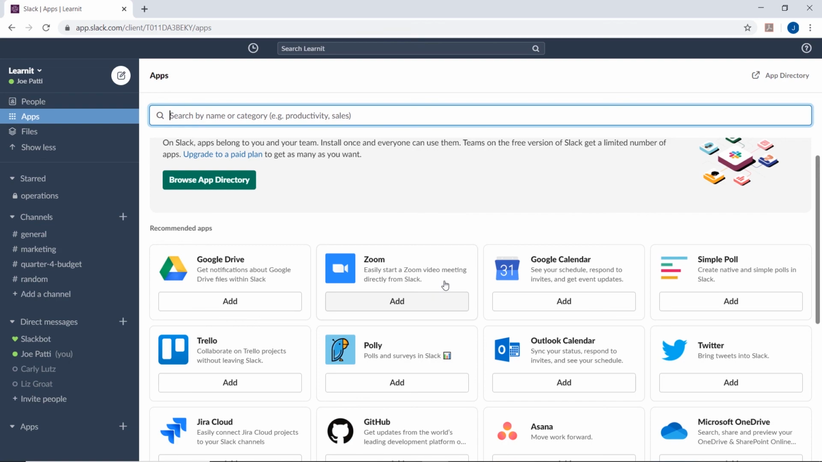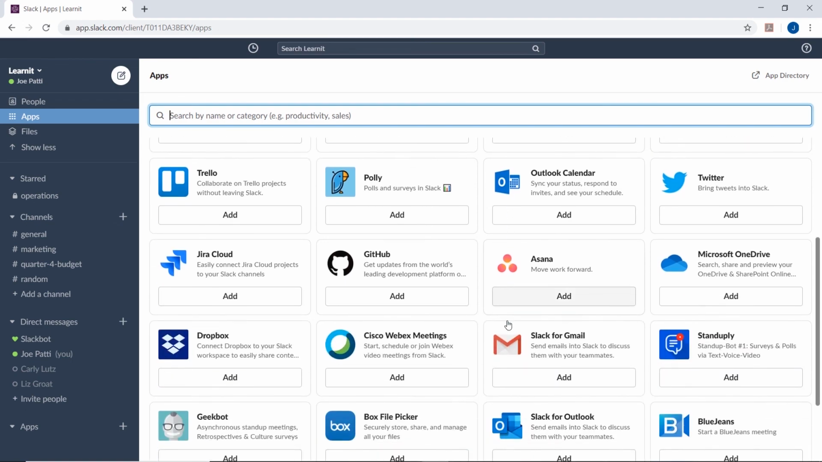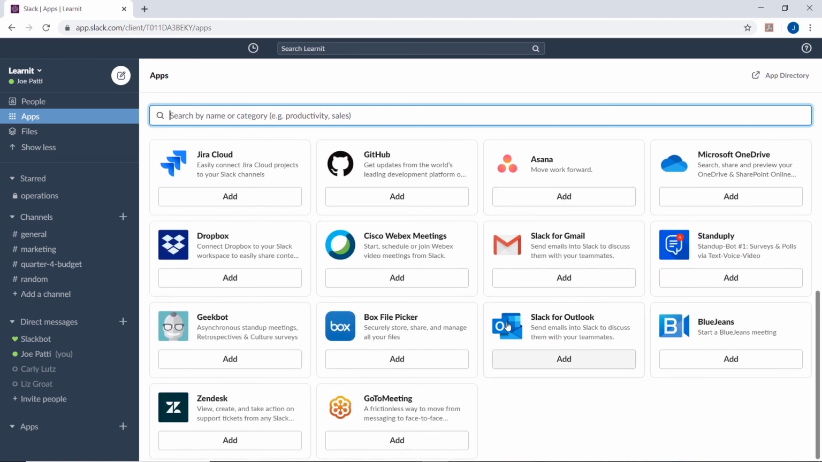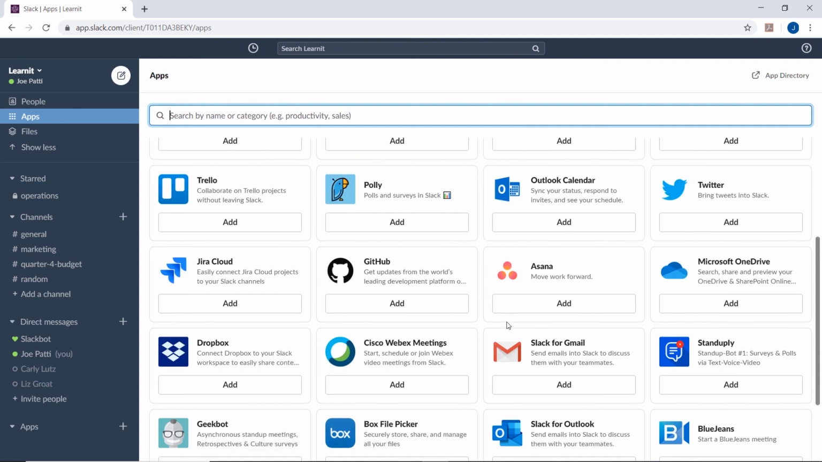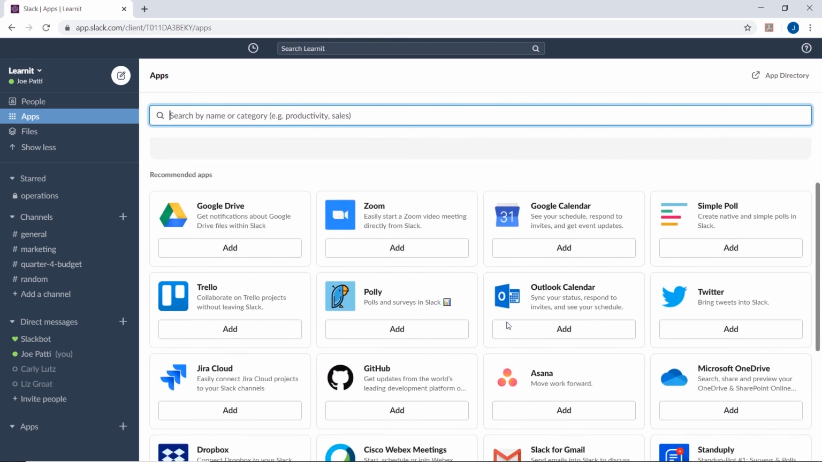We can start Zoom meetings directly from Slack. We can even do Google Calendar, simple polls. Look, it's endless. Pretty cool. So once you go ahead and find what you want, let's say I want to do my Outlook calendar,